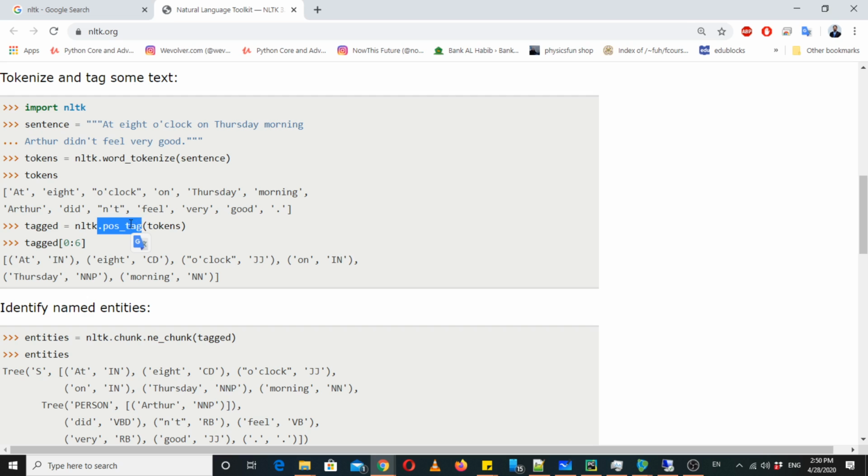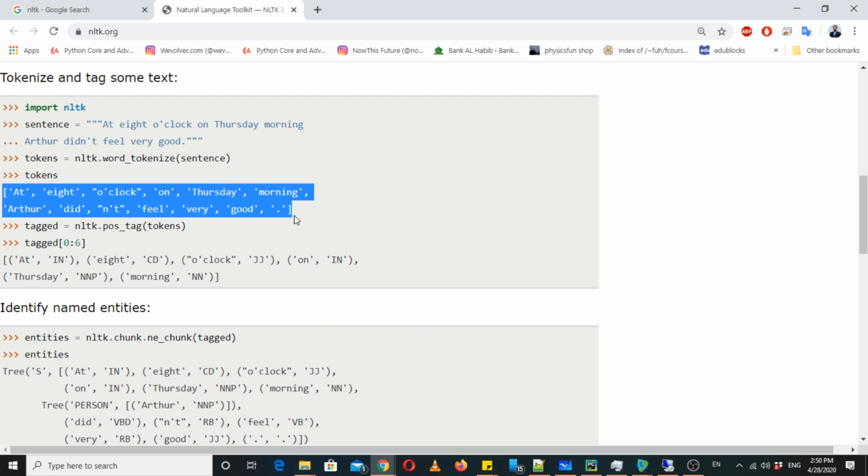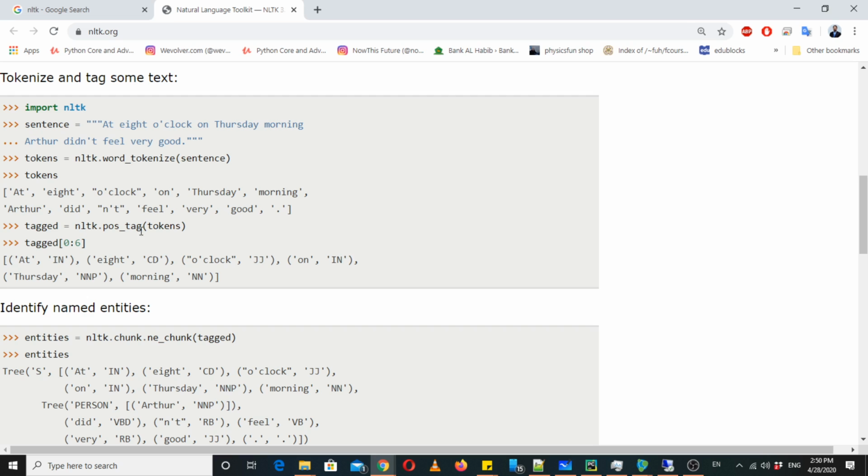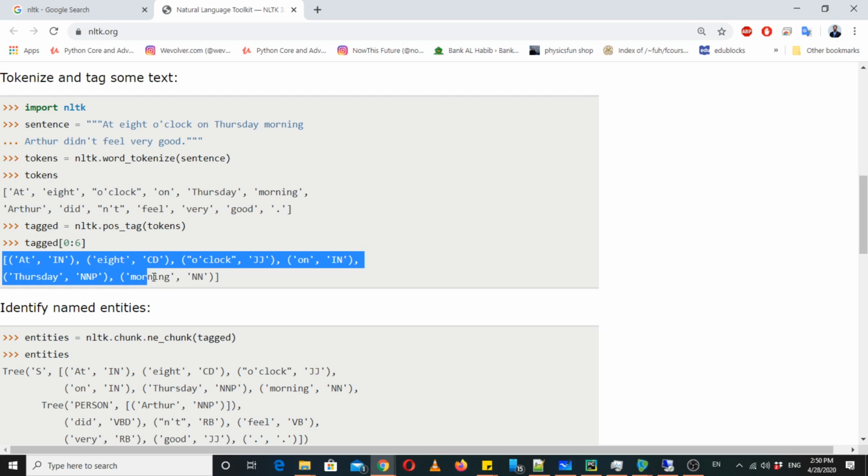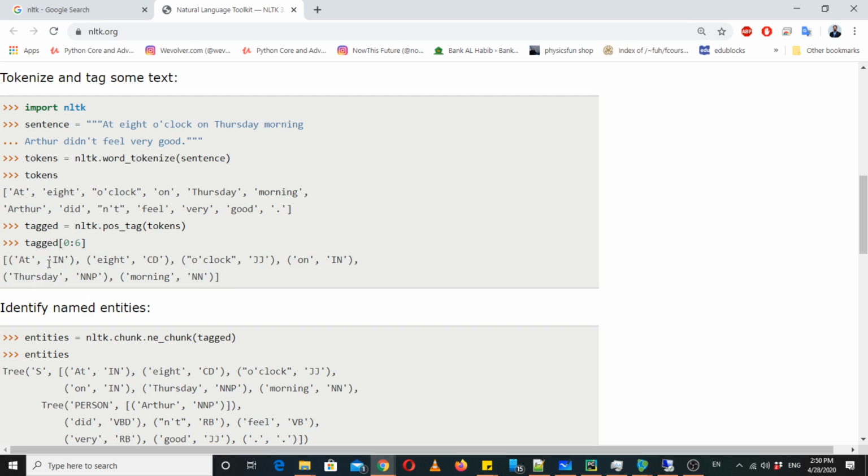This POS tag function takes a list of tokens, a list of words or strings, and returns a list of tuples, and in each tuple there is a word and the next part is the part of speech tag. So only these two would help us identify the part of speech tags out of the words, out of the sentence.